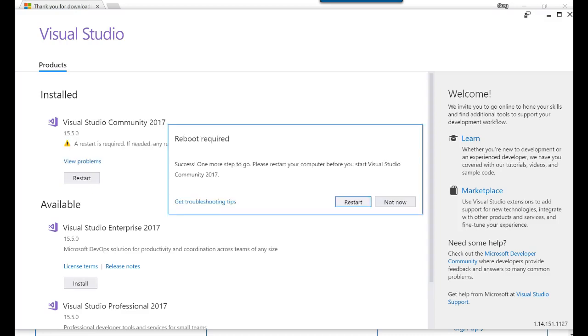Your system might come back and say a restart is required. If so, go ahead and restart. Otherwise, you might just be able to launch Visual Studio. You might see a little button that says launch right here, and you can click on that to run it. I'm going to go ahead and restart mine, and that should complete the installation, and then you'll be able to just run Visual Studio. In the next video, you'll see how to create your